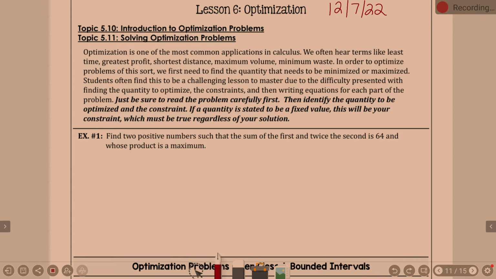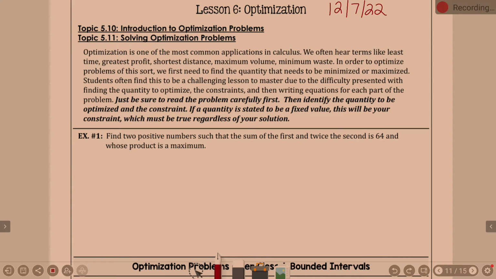Find two positive numbers such that the sum of the first and twice the second is 64, and whose product is a maximum. Now, one of the things we're doing kind of reminds me of related rates problems, in that we have to write a couple of equations. We have to look for relationships and write those equations. So, as you look at this one,